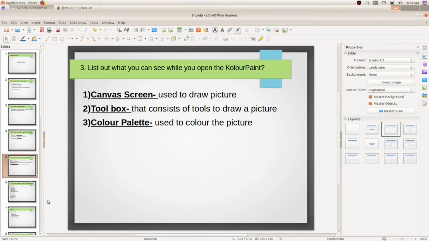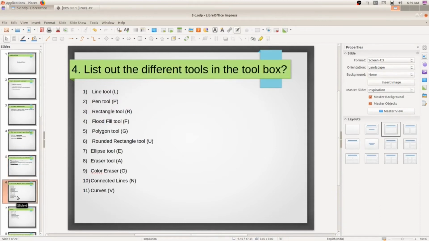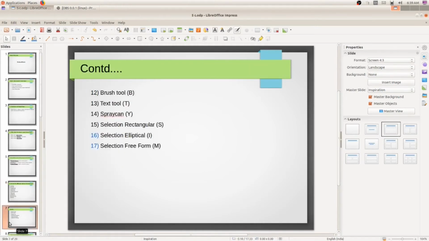Please take down this question in your notebook. Okay students, let us move to the next question. List out the different tools in the toolbox of color paint. There are around 17 tools.